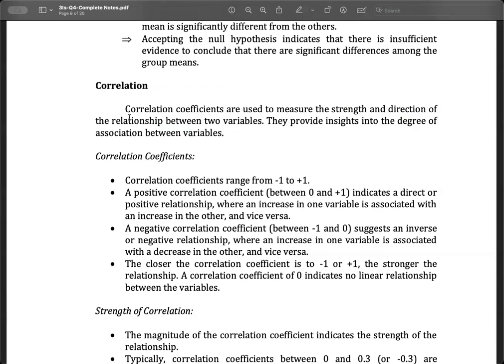And this is your correlation coefficient. Now, it's pretty obvious that if you reject the null hypothesis, there is a significant relationship, right? So the next thing that you're going to do is look into the